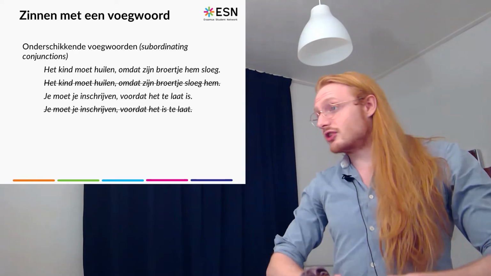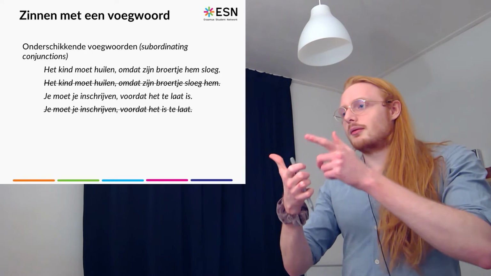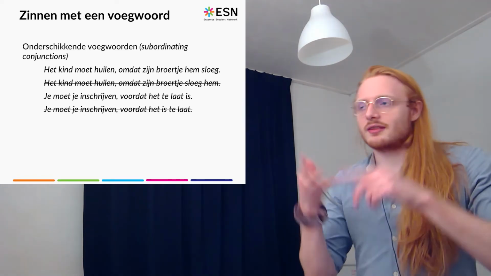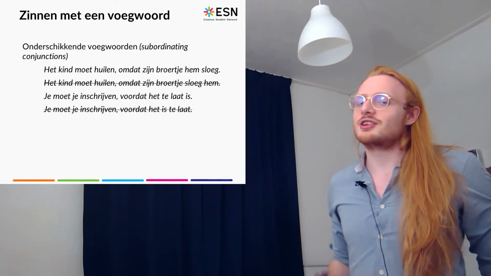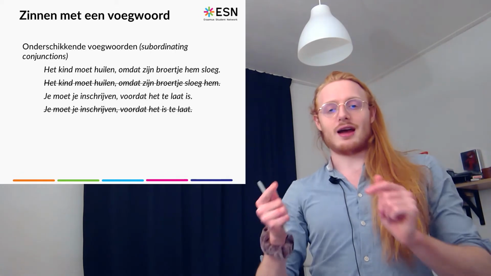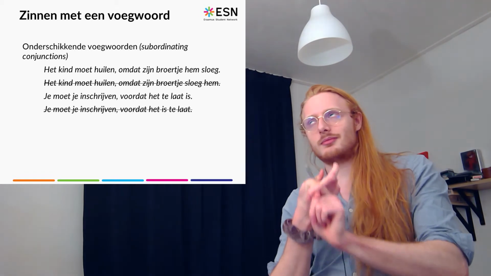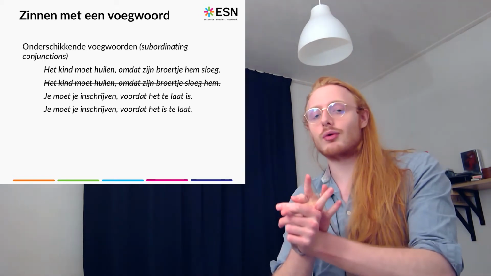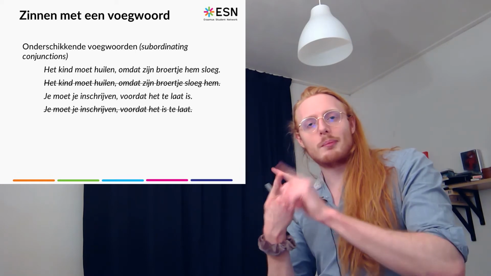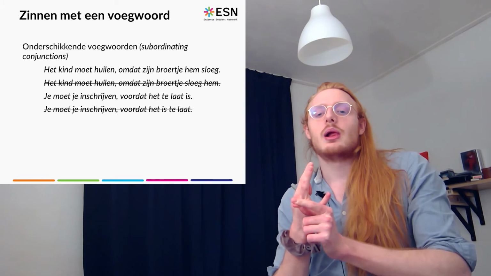And in English, this does not change the sentence order. So I ate a carrot, subject, verb, object, before I recorded the lecture. Subject, verb, object. Very easy. In Dutch, however, this is not the case. Very sad. Oh, I know. But if you have a subordinating conjunction, like omdat, meaning because, and voordat, meaning before, you get subject, object, verb. So this is also a different sentence order